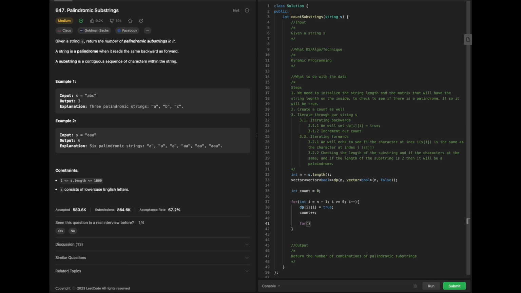and then we're going to be creating our second for loop where j is going to be equal to i plus 1, referring to the next index that we're referring to. j is less than the size of the string, hence n right here. And j is incrementing as well. Then what we will be doing is that